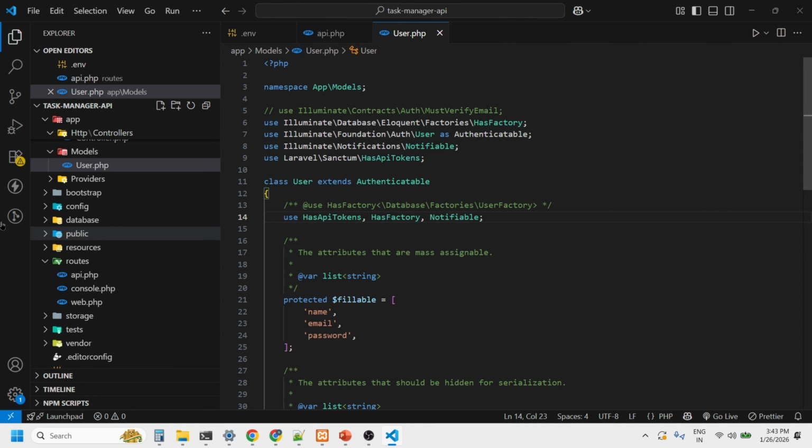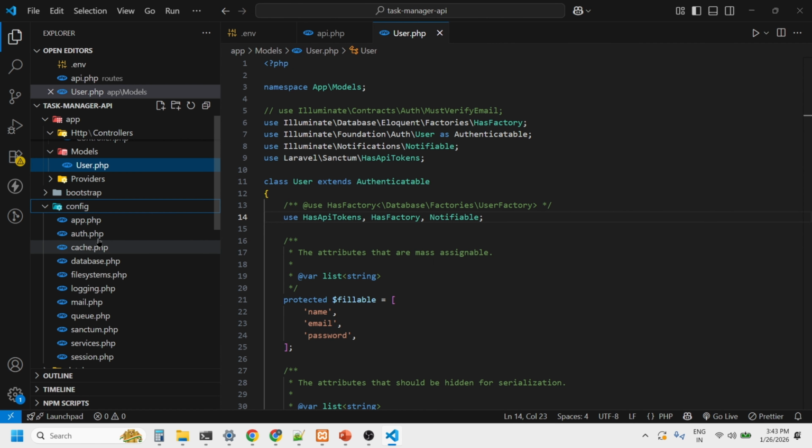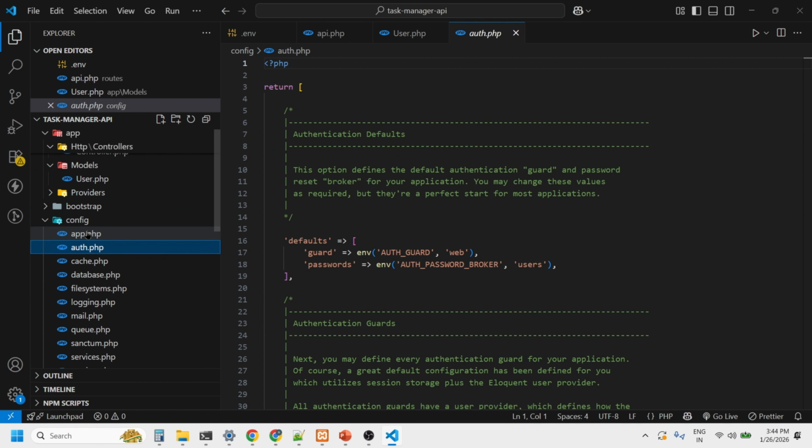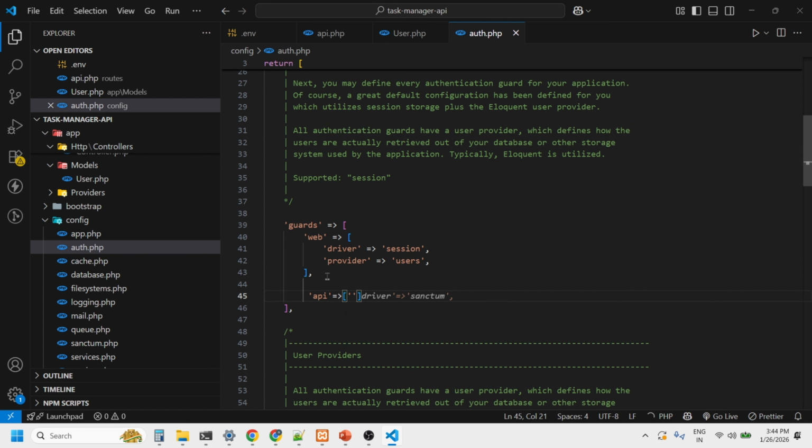One more configuration we need to do is inside config, it's auth. Inside the auth we need to write the API configuration. Also inside guards we need to create a driver, the name will be sanctum and the provider will be users.